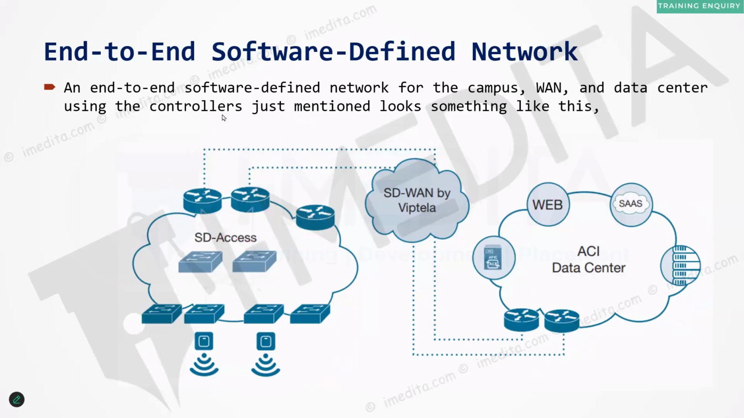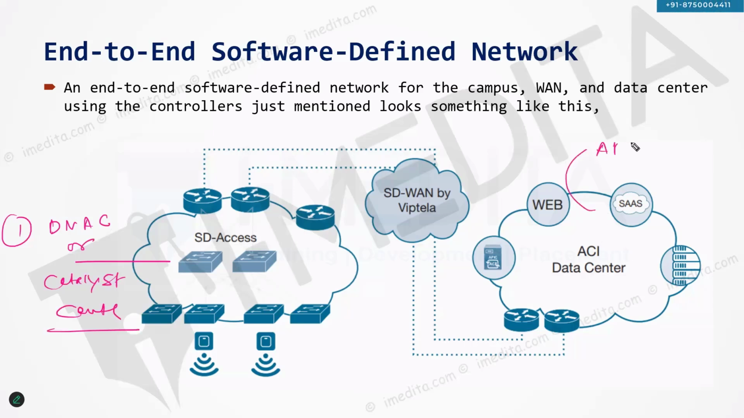Software-defined approach to manage the campus LAN is called SD Access or SD-LAN. Software-defined approach to manage the data center is called ACI Epic. The software-defined approach to manage the WAN is called software-defined wide area network. Software-defined data center, software-defined WAN, software-defined LAN. At the moment, unfortunately, we have 3 different controllers for these 3 tasks. DNA Center, also known as Catalyst Center nowadays. For the ACI, we have Epic, Application Policy Infrastructure Controller, and for the SD-WAN, we have a dedicated controller referred